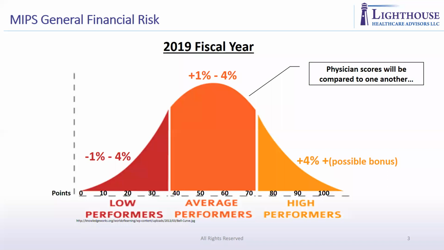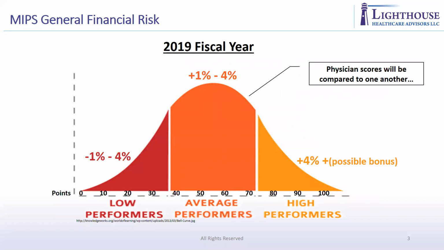So for the MIPS general financial risk, the 2019 fiscal year is going to distribute something like this. The low performers are going to experience a 1 to 4% reduction in their Medicare reimbursement. The average performers are going to experience a 1 to 4% addition to their reimbursement, and the high performers are going to experience a 4% plus reimbursement to their Medicare payments. Maintaining budget neutrality is of utmost importance for this program, so the low performers are going to be giving to